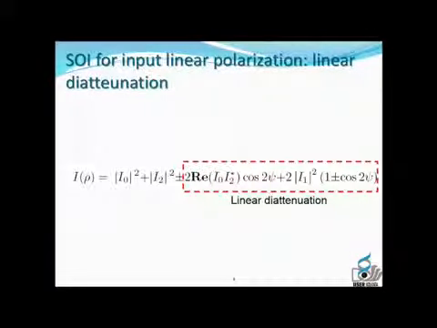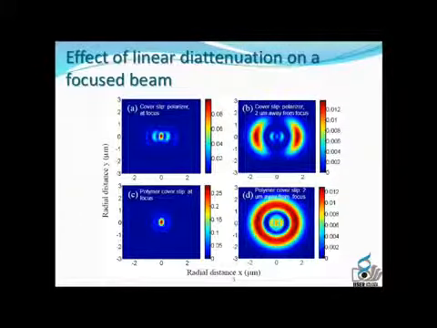Finally, the intensity at the focal plane can be expressed by this expression where I0, I1 and I2 are the diffraction integrals. One can see that the total intensity depends on the polarization angle psi. This is called the linear diattenuation effect, which is a manifestation of the geometrical phase. Finally, this linear diattenuation is manifested as formation of distinct lobes in the focal plane as shown in this simulation.